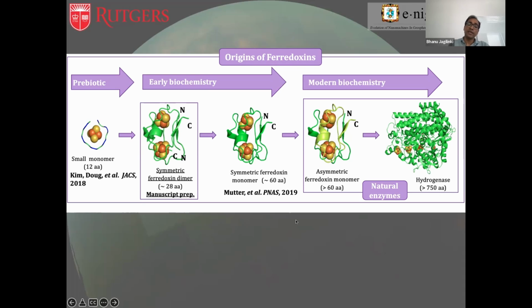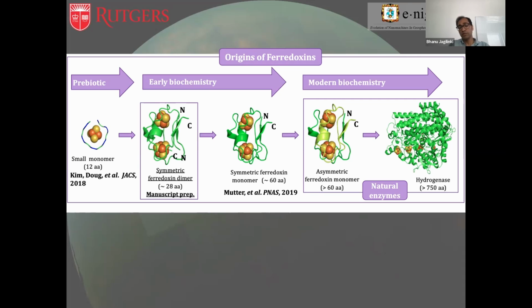So Paul and Vic have been working on understanding the origins of ferroxins for quite some time. And John, Kim, and Doug worked on this beautiful peptide called ambidoxin, which is only 12 amino acids, has 4 cysteines. It's a heterochiral molecule, but it can bind a 4Fe-4S cluster. And then Andrew Mutter worked on the symmetric ferroxins,